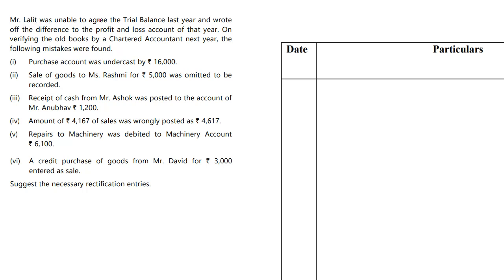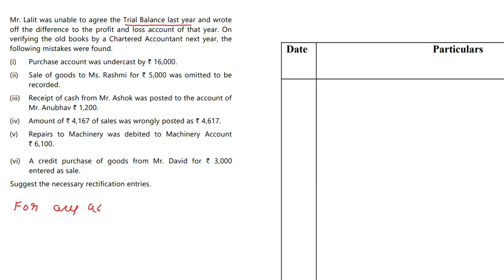Mr. Lalit was unable to agree the trial balance last year and wrote off the difference to the profit and loss account of that year. On verifying the old books by a chartered accountant next year, the following mistakes were found. Again, we've been given information. Now, because the final accounts have already been made, you will have to make adjustment entries for